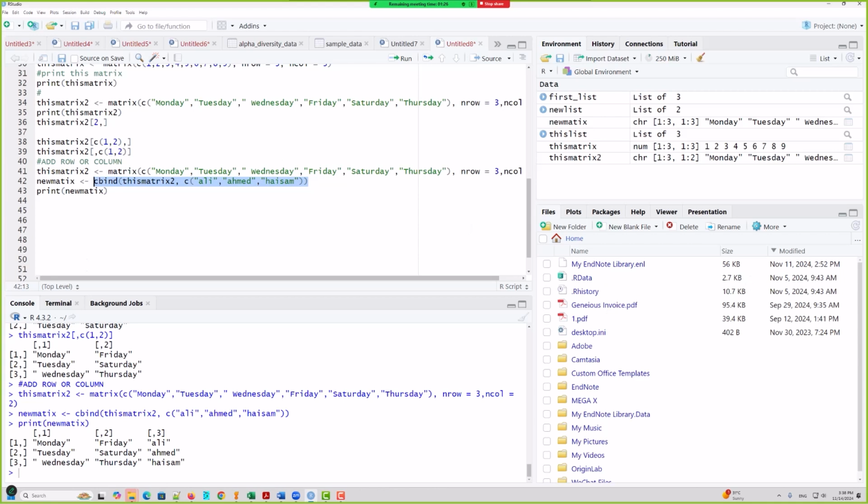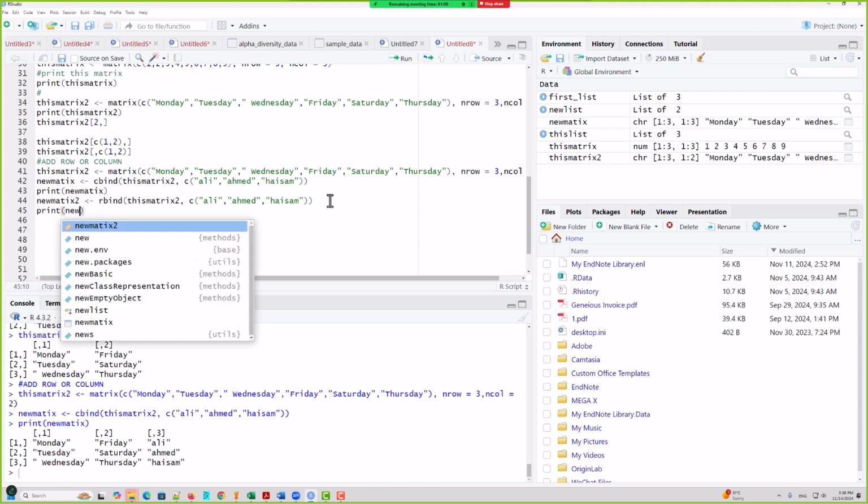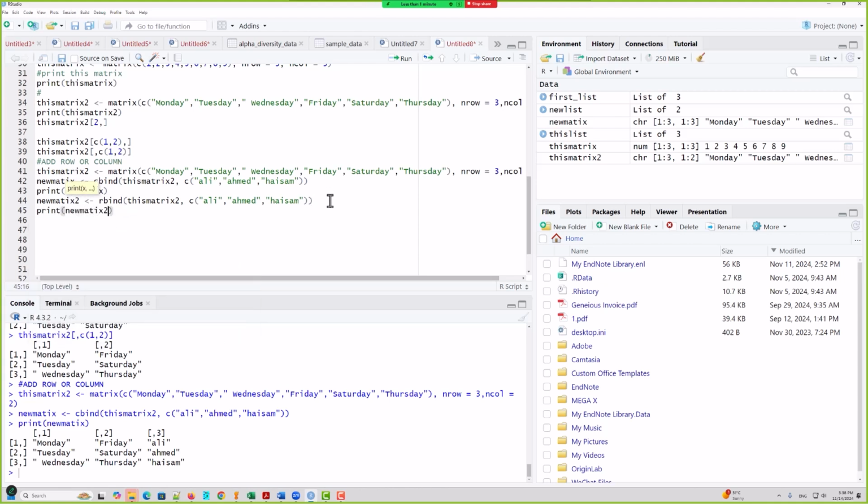And if you want to add a row to that data, it is the same command, but here you only have to replace this one, this rbind. This c is for the column and this r is for the row. Okay, I will give this new matrix 2 as a name, and then I will put print here, new matrix 2. So when I add this one as a row,